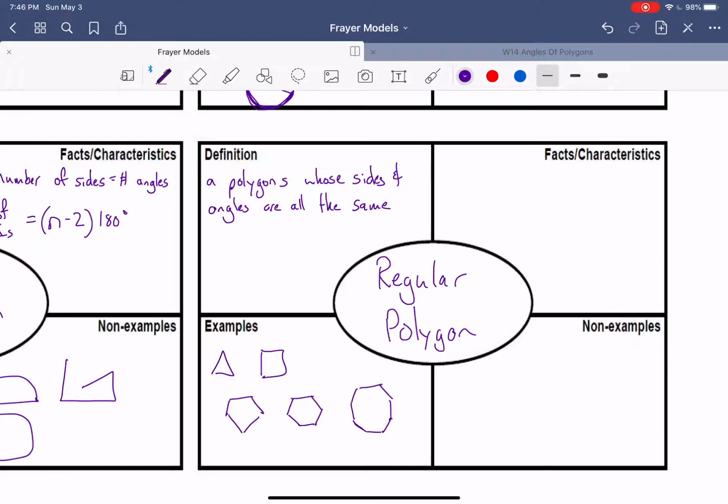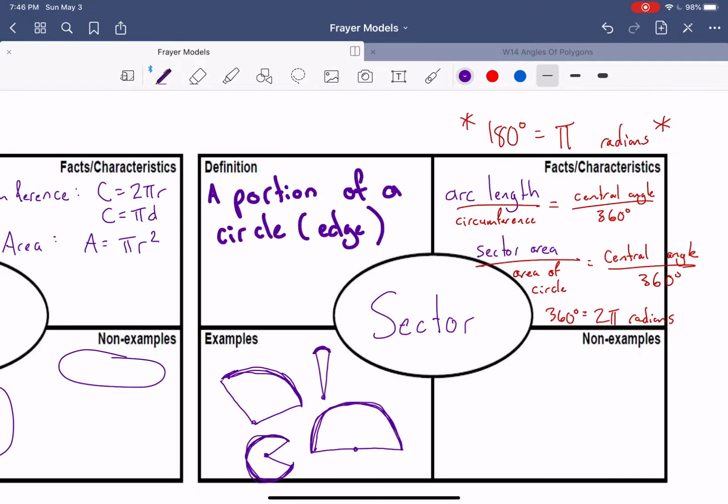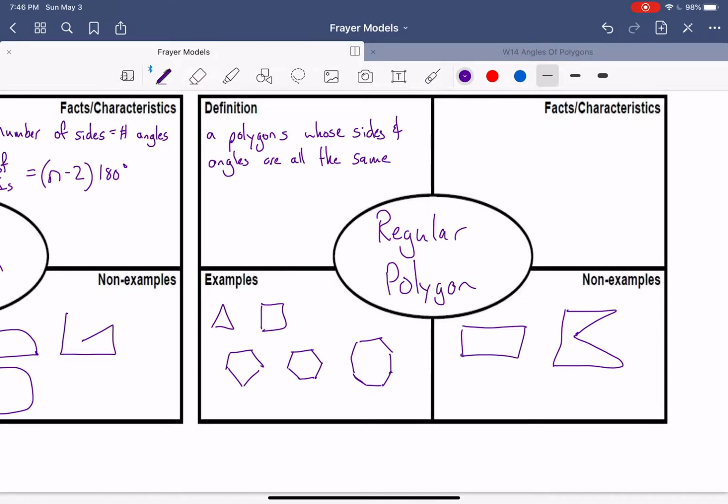Some non-examples would be a rectangle, right? Because all the sides aren't the same. It could be a pentagon. 1, 2, 3, 4, 5, right? A pentagon. It has 5 sides, but none of them are the same length and none of the angles are the same. We have the same fact as the other one, where the sum